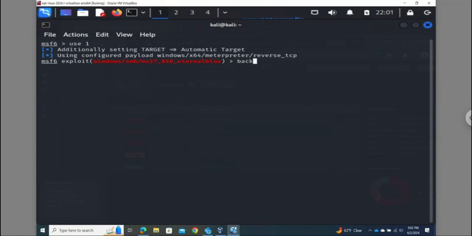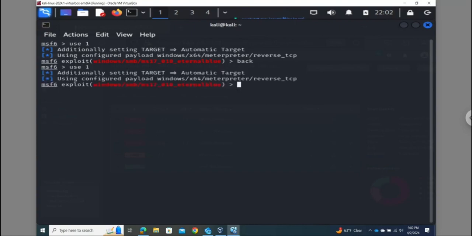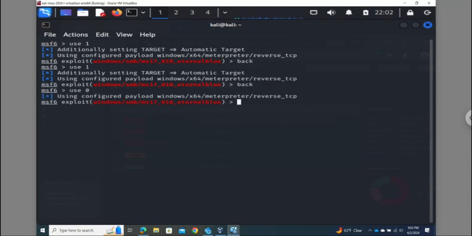If you go back and use exploit, suppose 2, it says Windows SMB EternalBlue. It takes the Metasploit reverse one, the second SMB. And if you go back, this is the way we select, use, suppose 2. If you use 0, then it is Windows SMB EternalBlue, and its description. If you select the options,